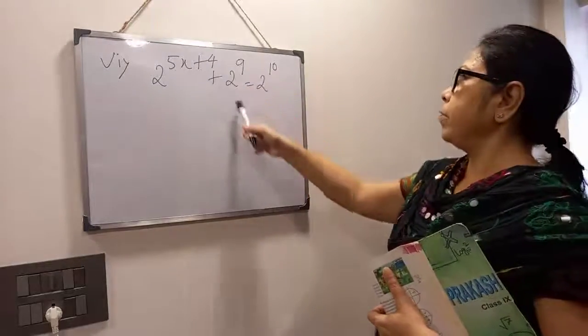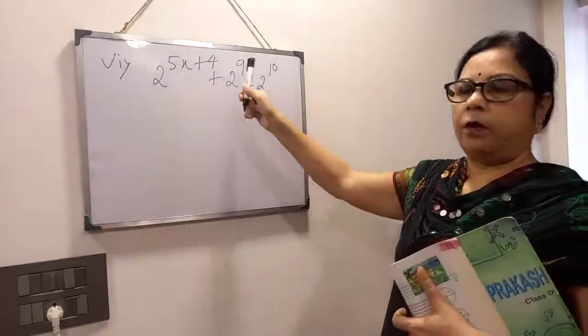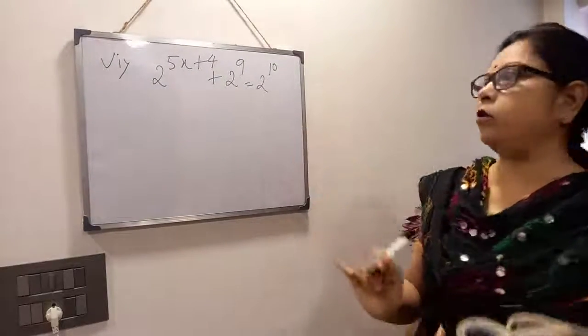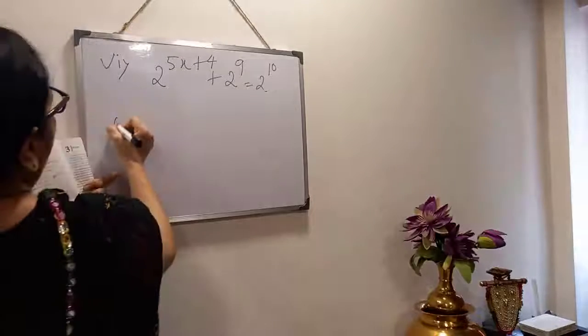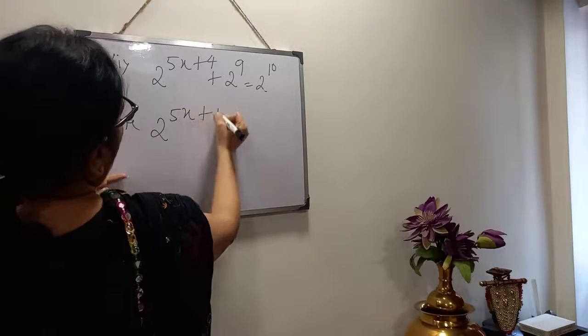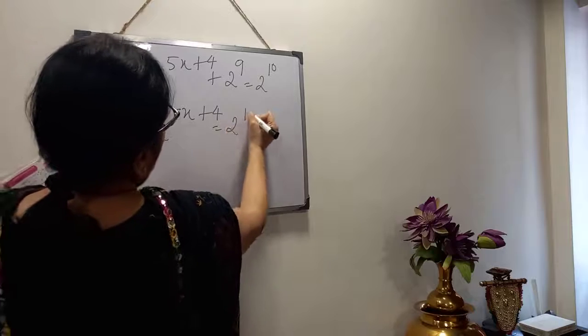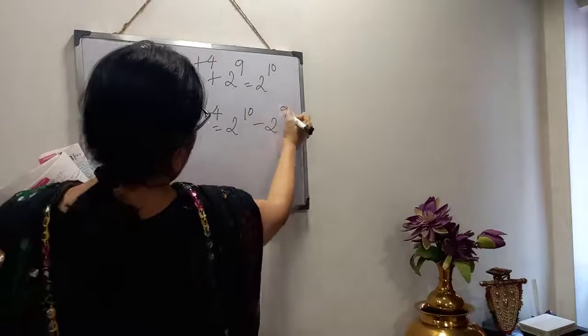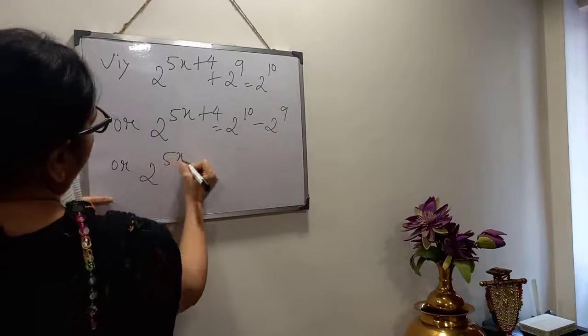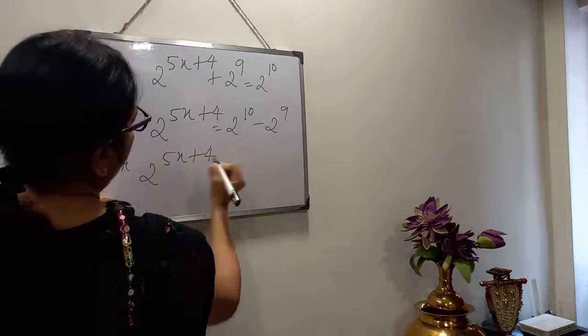So there is no x related term with this. So this I will take right hand side, then I will take common. Now see, it will be easier for us. 2 to the power 5x plus 4, I am taking this one in right hand side, or 2 to the power 5x plus 4 equals to,